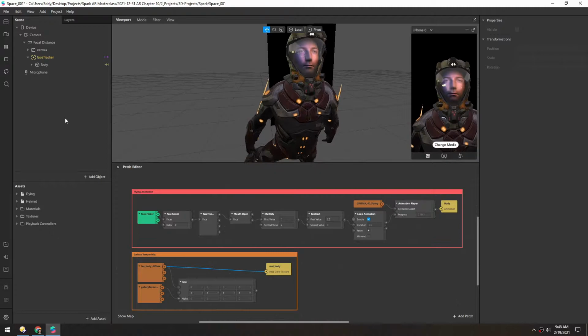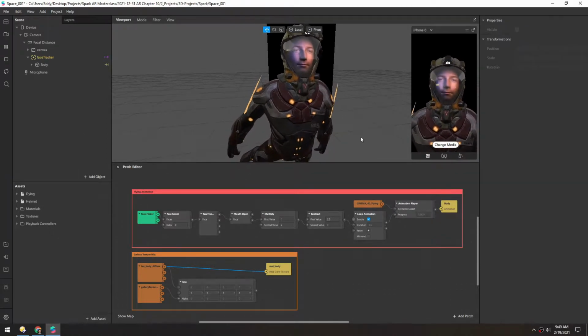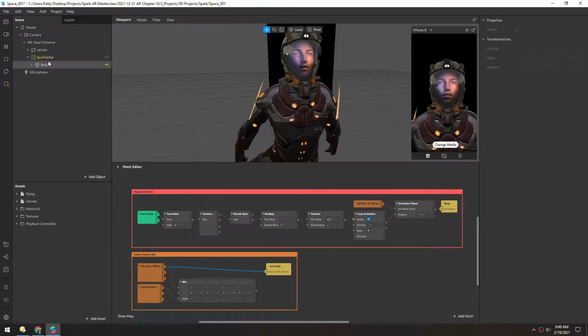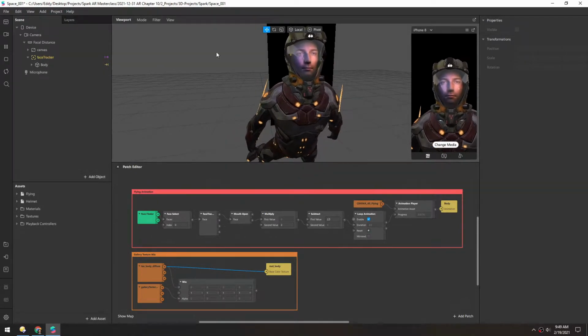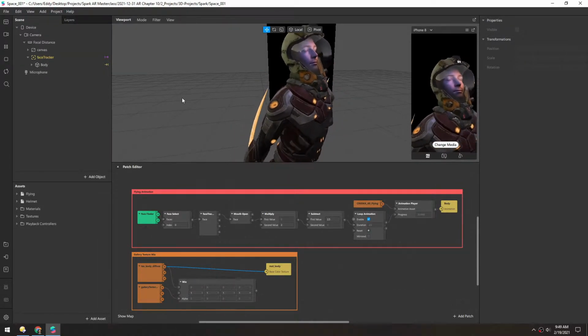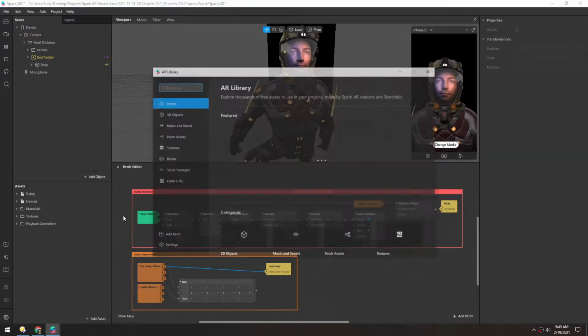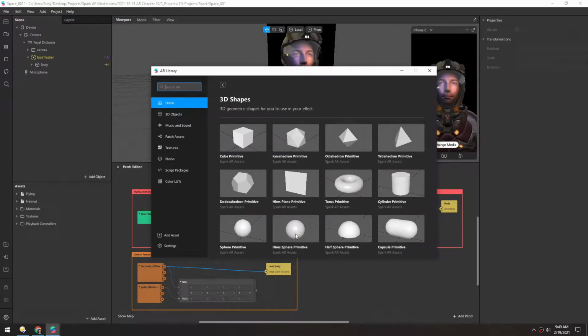All right, now on to the lesson. First, we're going to build a sort of environment that'll wrap around this whole scene. We're going to put everything in the face tracker because we do want this scene locked to your face. First, we're going to add a sphere as a sort of backdrop to catch the sky material we're going to use. We're going to go to Add Asset, search AR library, and in 3D shapes here, we'll grab a high-res primitive sphere,